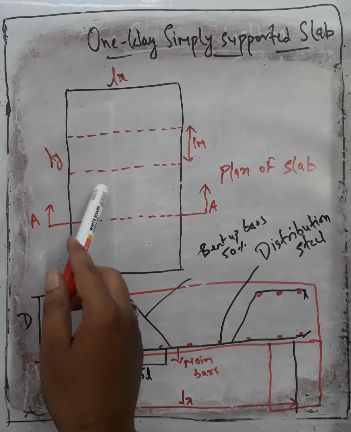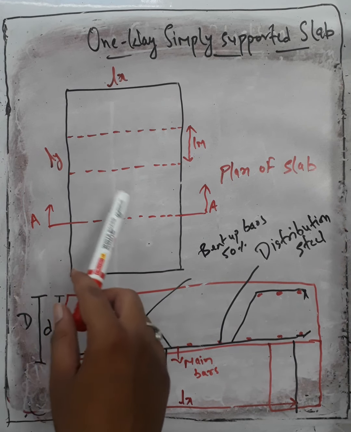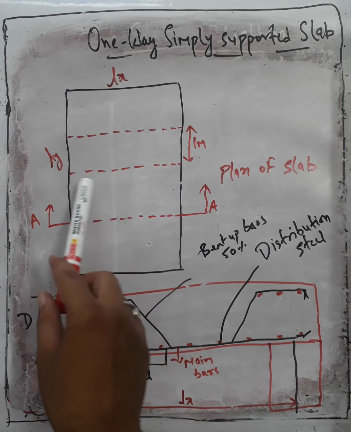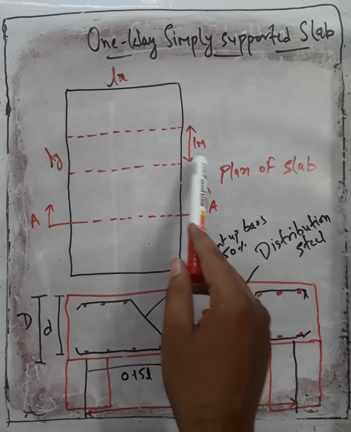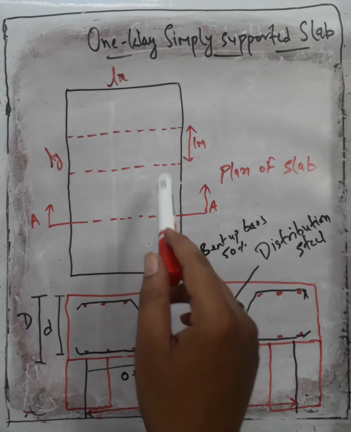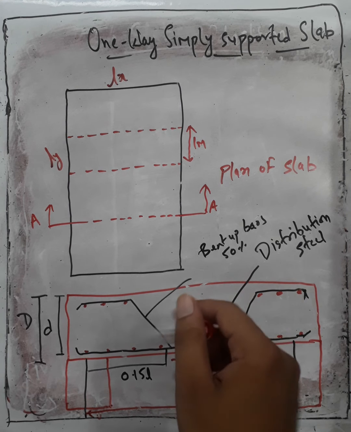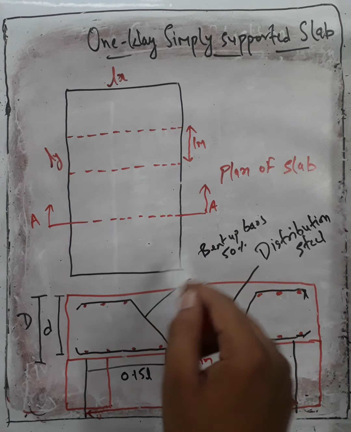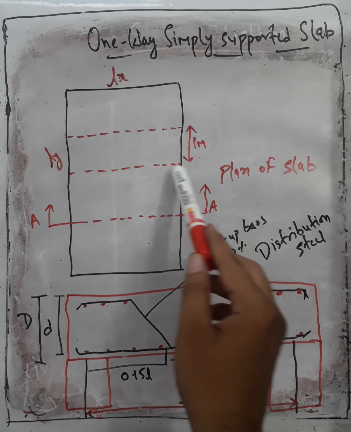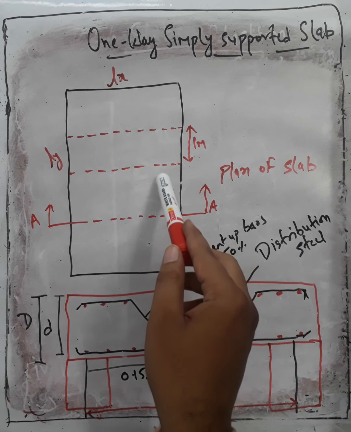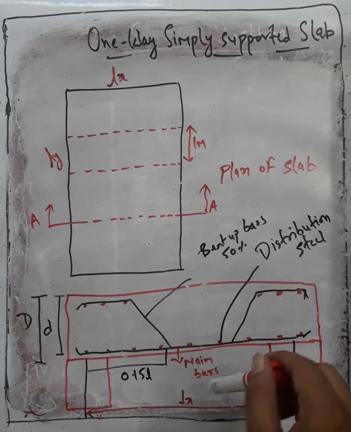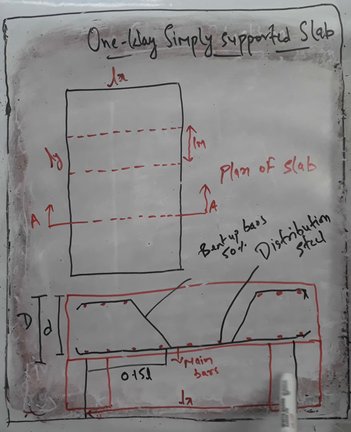When we find the solution or construct the slab, we have to take a cross section of beam which is 1 meter in width, calculate all the values, and after finding these values we have to extend them to the whole slab. Now here we take the cross section of the beam. This is the two supports on which it lies. It is actually the slab, but here we treat it as a beam because it is 1 meter in width.